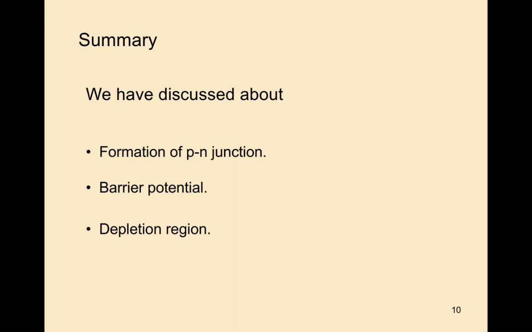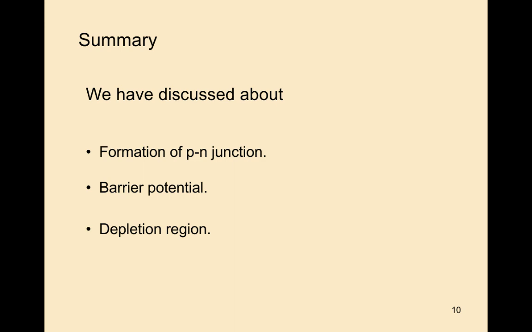What is the depletion region? At the junction, the mobile charge carriers are depleted. Depleted means moves away from the junction. They cannot pass from the p side to the n side and from the n side to the p side, and no recombination takes place after some potential barrier. So after some potential barrier, the junction is called the depletion region.